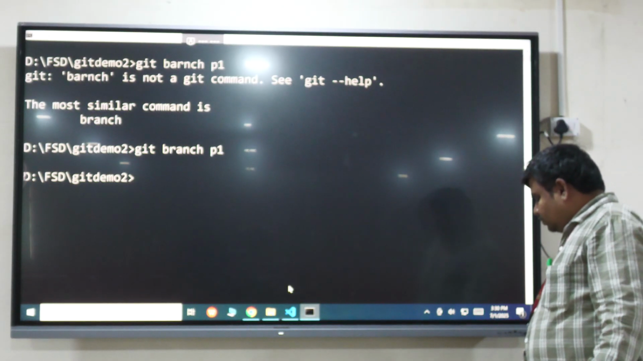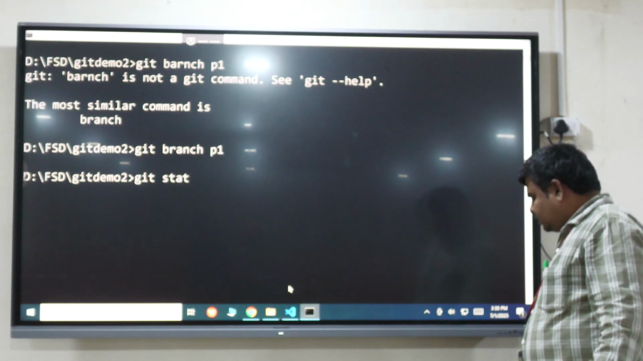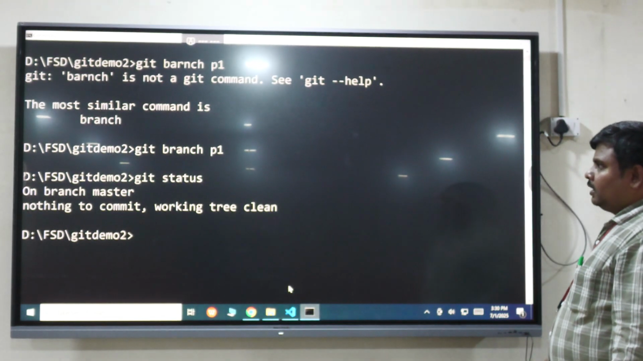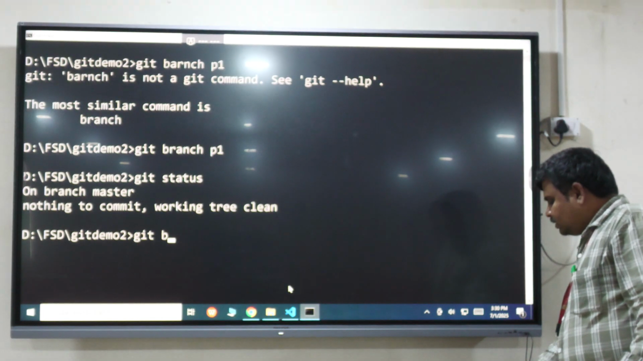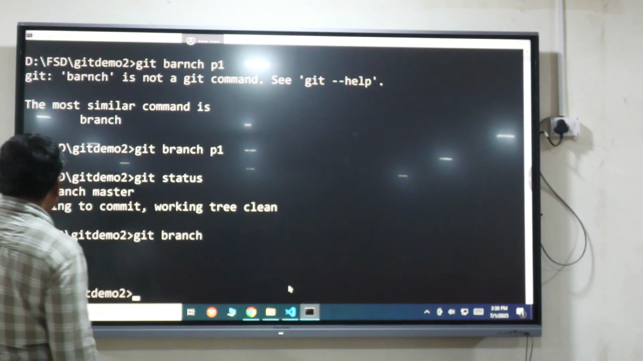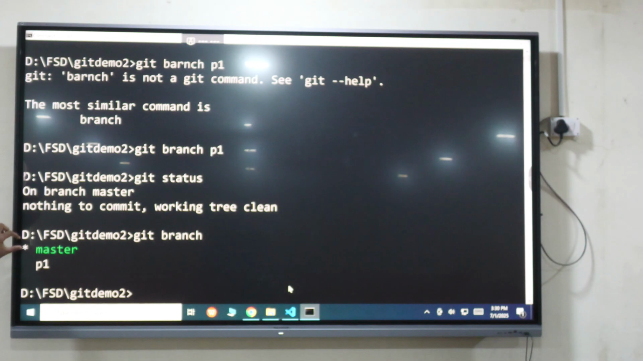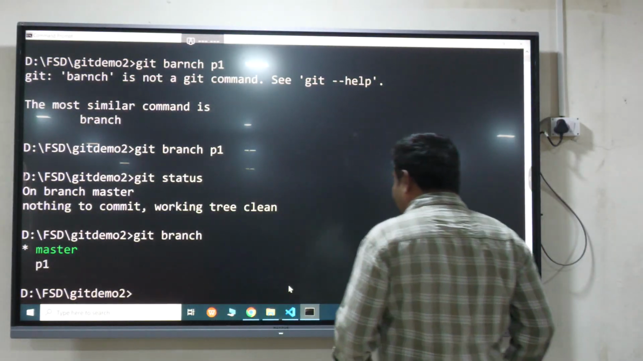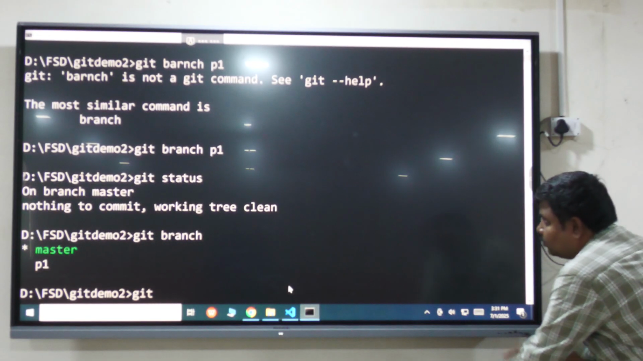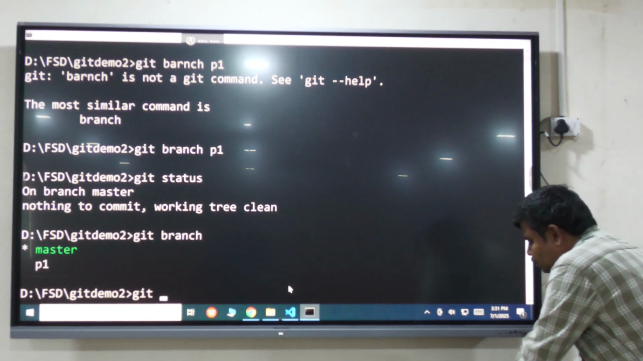Now in which branch are you? If you want to see the status, use git status. I am on master only, but the branch was created. If you want to see the different branches available, just see here. Wherever the star is, that indicates the branch in which we are doing the work. Now I am doing the work in master. I already told you master or main is the root. If I want to move to the P1 branch,